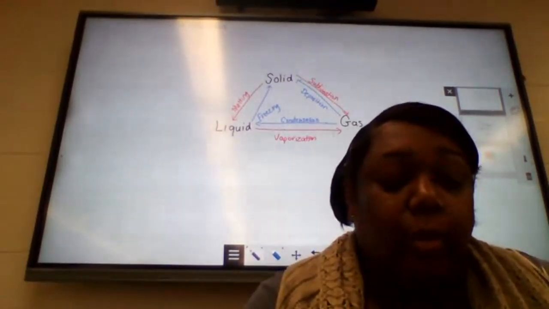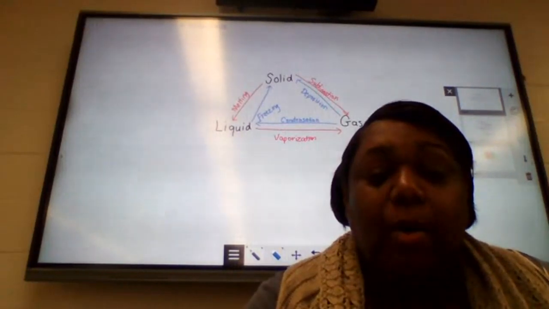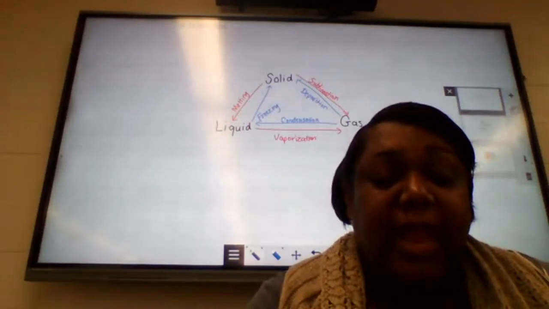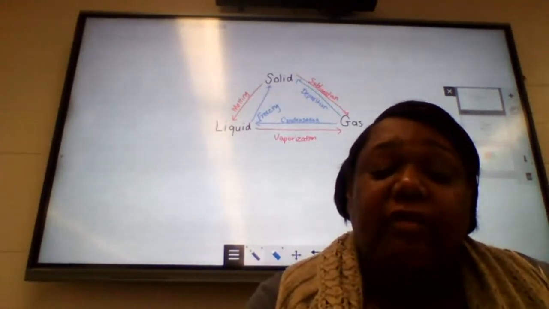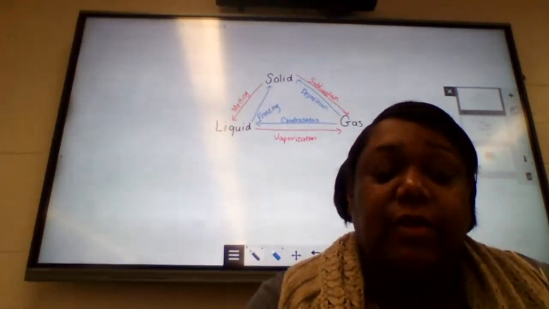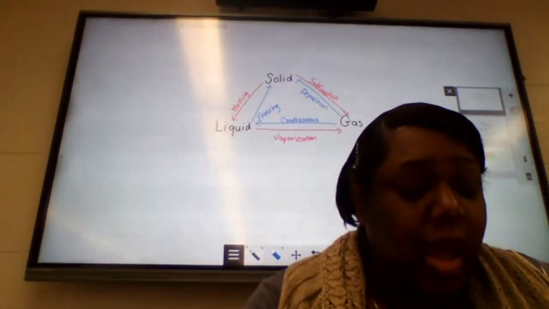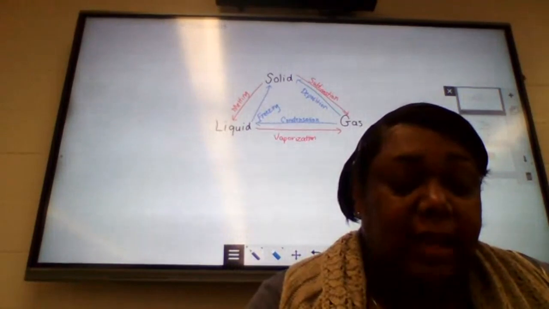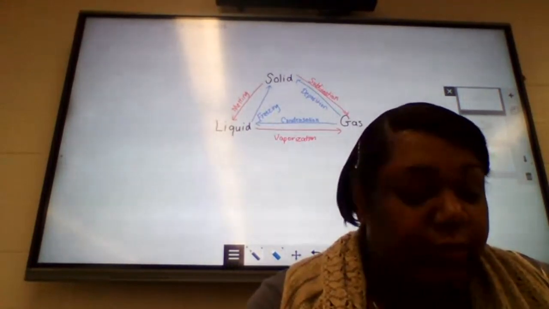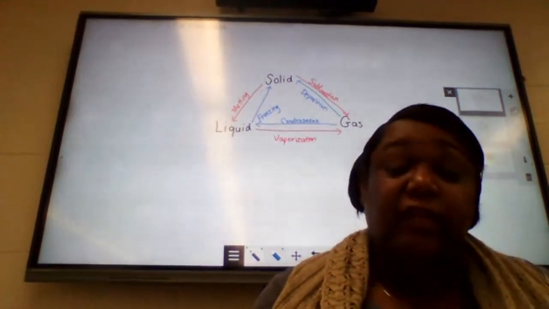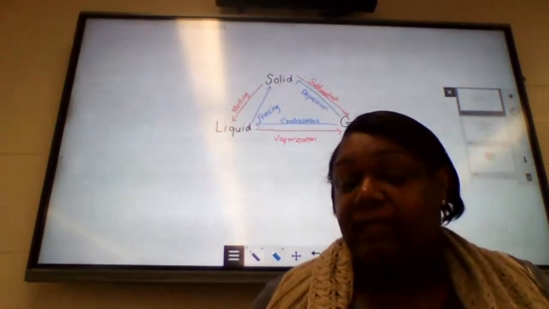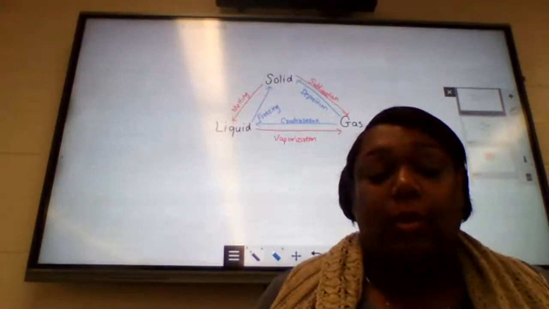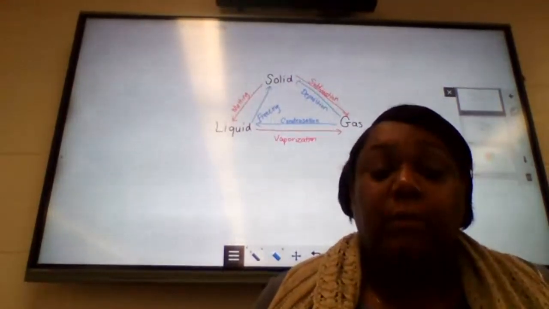When we talk about boiling point, remember, we're talking about the temperature at which a liquid becomes a gas. And remember, those boiling points differ based upon the material that you're looking at. Again, boiling points are kind of standardized. We're talking about a pressure of 1 atmosphere. And so we can identify substances based off of what their boiling points are, because boiling points are specific for materials.